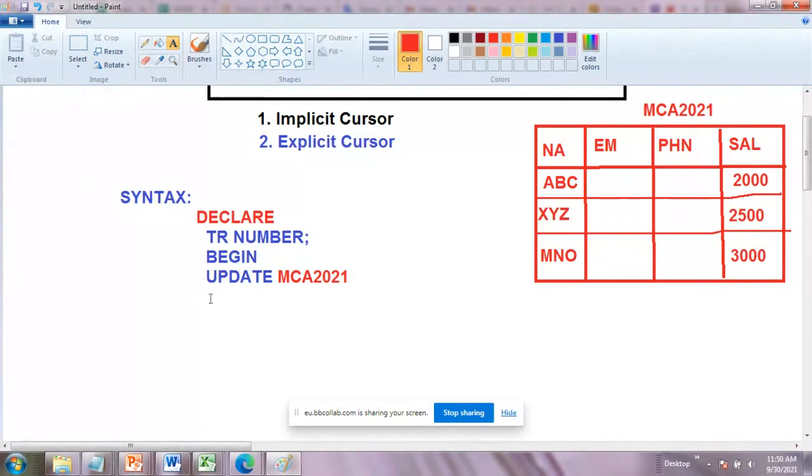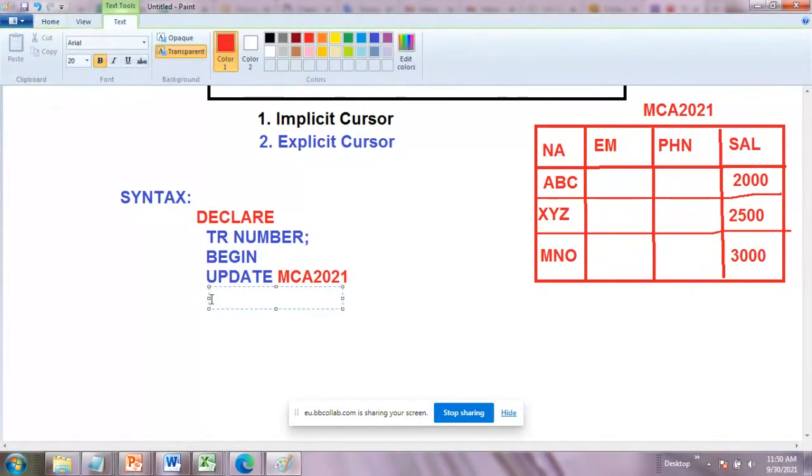So I have written UPDATE MC2021. What I'm going to update here: SET salary equals salary plus $200. I'm going to perform an increment of $200, meaning you have given your employees an annual increment of $200.